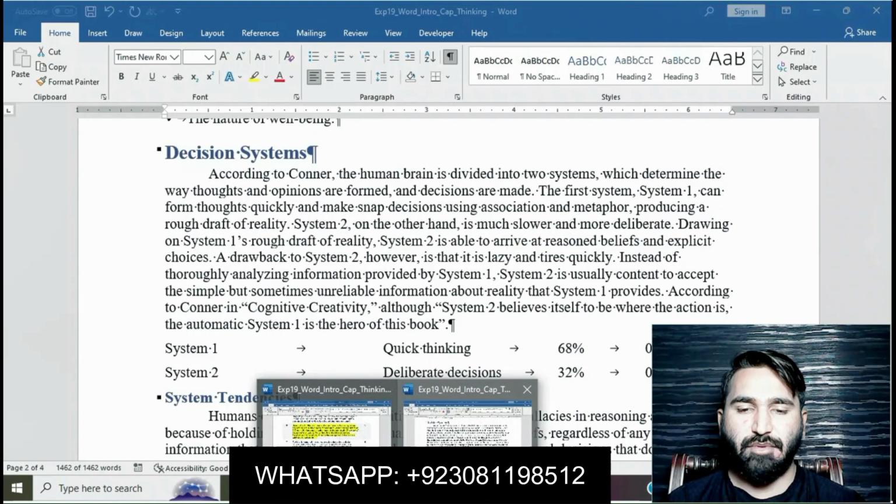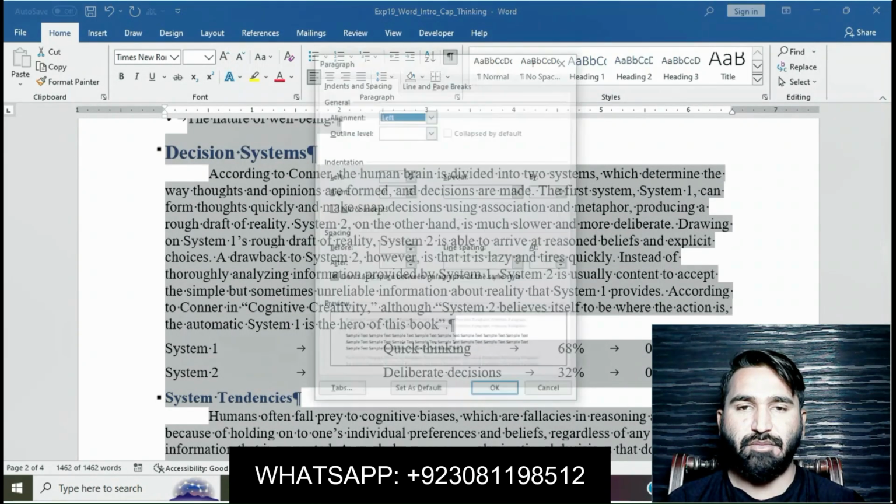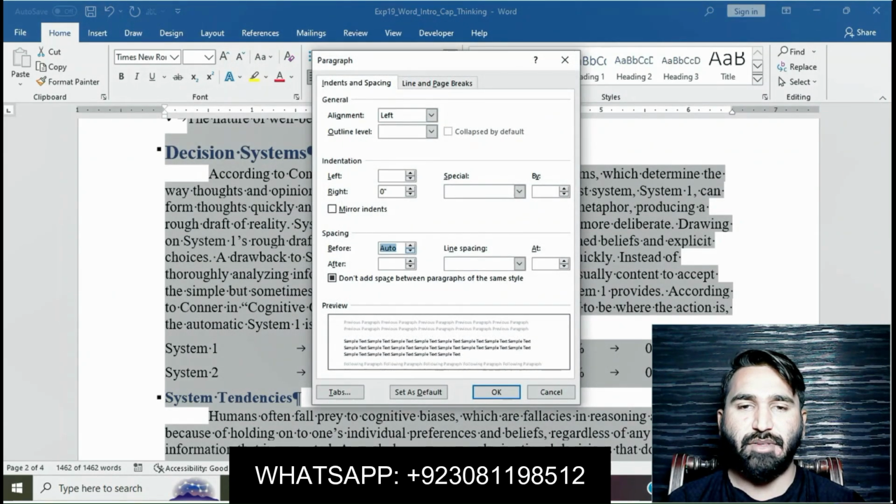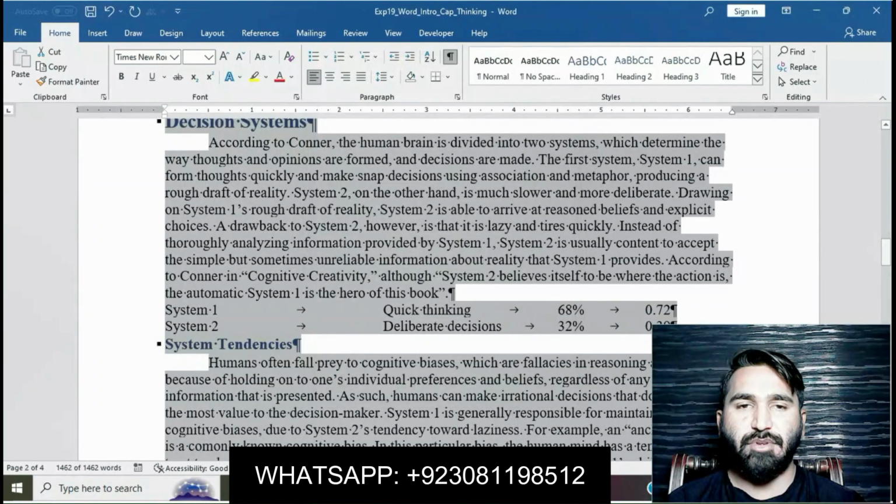Moving on to the Word file, select all text in the document. Go to Paragraph, then select 0 pt before and after. Then press OK.